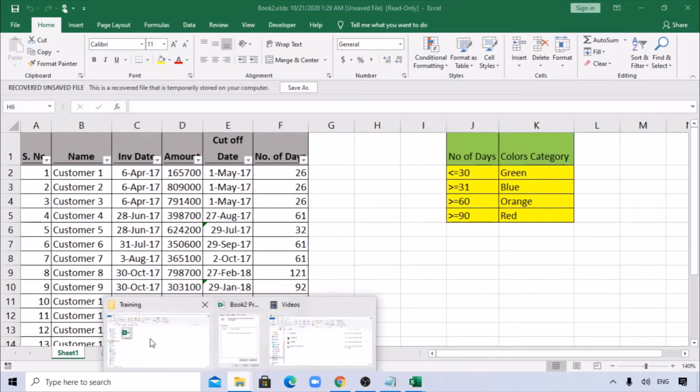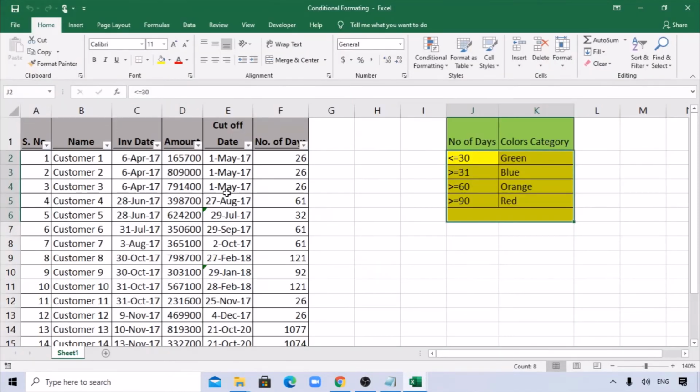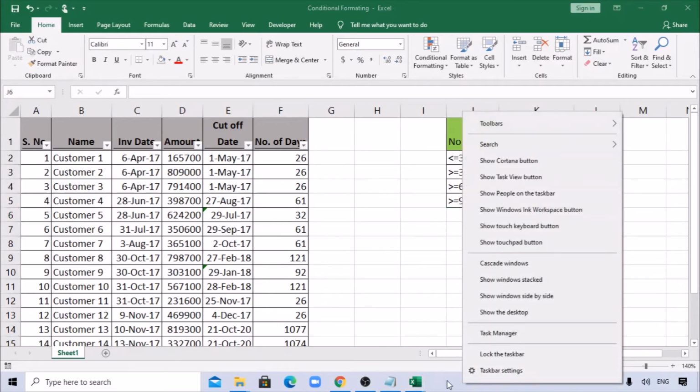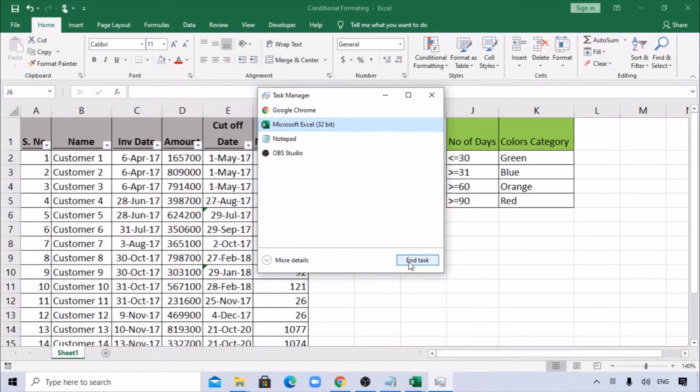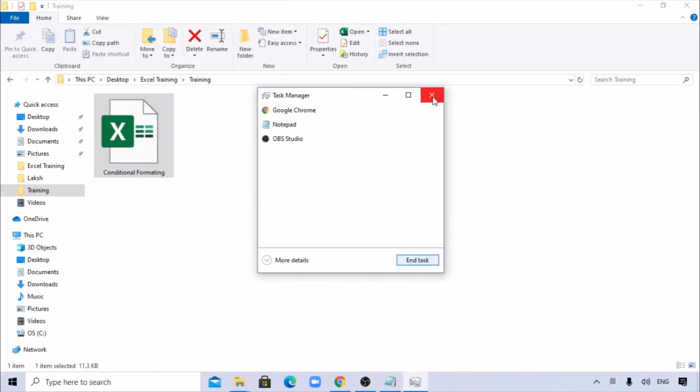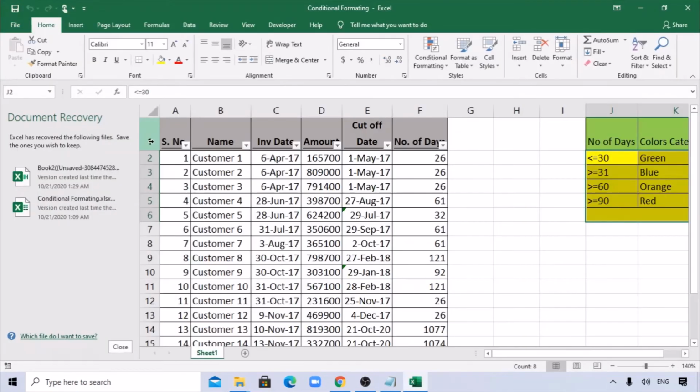Let's see, there is one more thing. I have a file which I have saved here. This is the file. Let's say we make some changes here. This is an existing file which is already saved in the folder. Sometimes we come across this when Excel doesn't work and we need to end the task. So if you right click here, open Task Manager, click the Excel one and End Task, now your file has been closed, right? When you open it, because you did something there and did not save it, and Excel got closed,